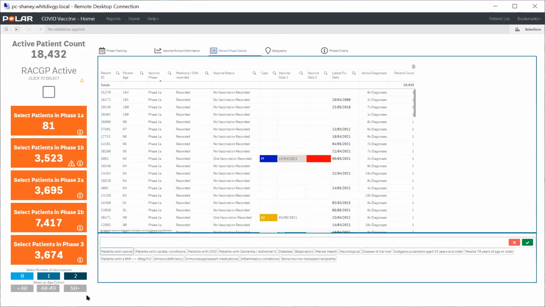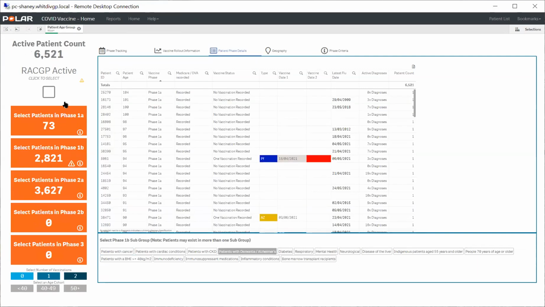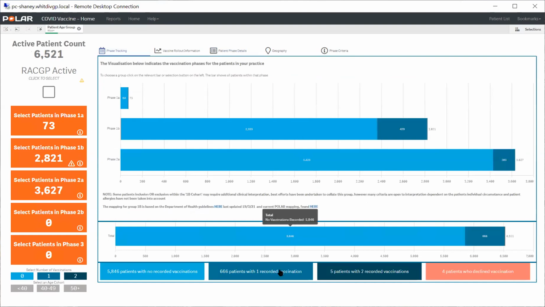As I mentioned before, we can now drill down on the patient age groups. And sorry, this is actually being released today, so it may not be in your practice quite yet, but it will be this afternoon. You can now do the selector for your 50+ age group. So obviously, being that the bulk will be picked up in 2A, there might be in one of those earlier groups of 1A or 1B, but we can certainly select that group. And again, we can have a look at how we're approaching those patients with regards to vaccination.